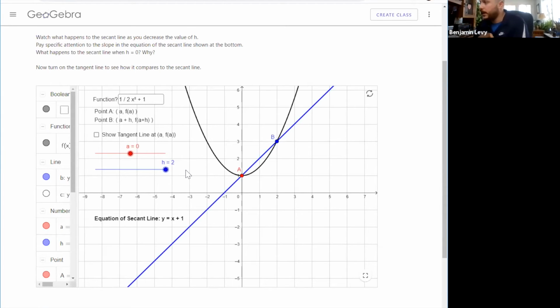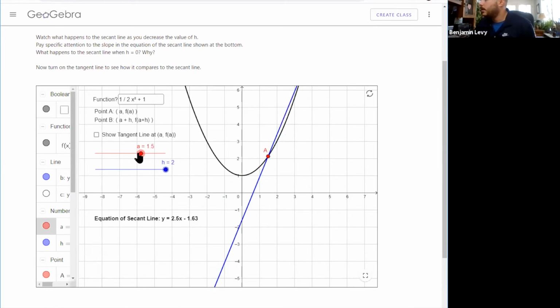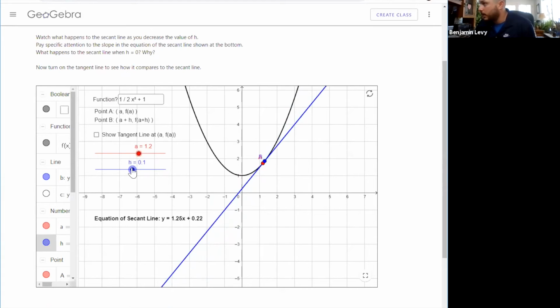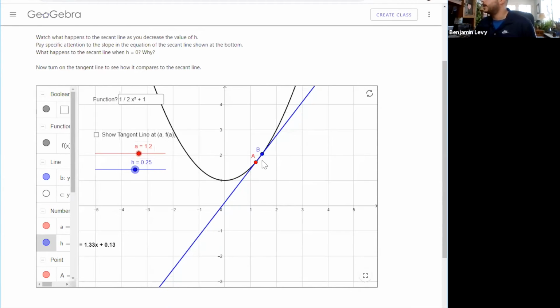And it's given by a limit, because notice how, as B... I'm going to shift this slider, and as B gets closer and closer to A, the blue line that connects them gets closer and closer to being the tangent line. In other words, if I zoom in on that spot again,